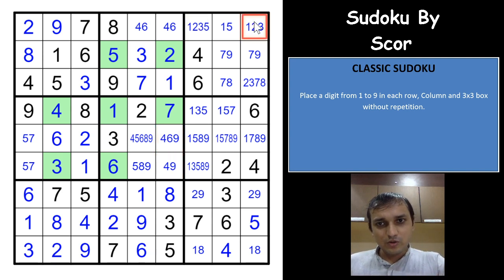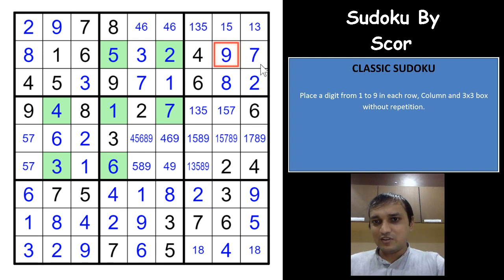Okay, 2 cannot be here, 2 cannot be here. So you have 1 3 5 7 and 9. That becomes an 8 here, and 1 3 5, this becomes a 2. So that gives you a 9 and a 2 here. That gives you a 7 and a 9 here. Yeah, we got a 9 previously, right? And now we have a 7. So this is what we didn't see, and there was a mistake here. And now 3 in this box would have to be here in this column, I'm sorry. So that eliminates 3 from this cell. You have a 1 5 pair, you have a 1 8 here.